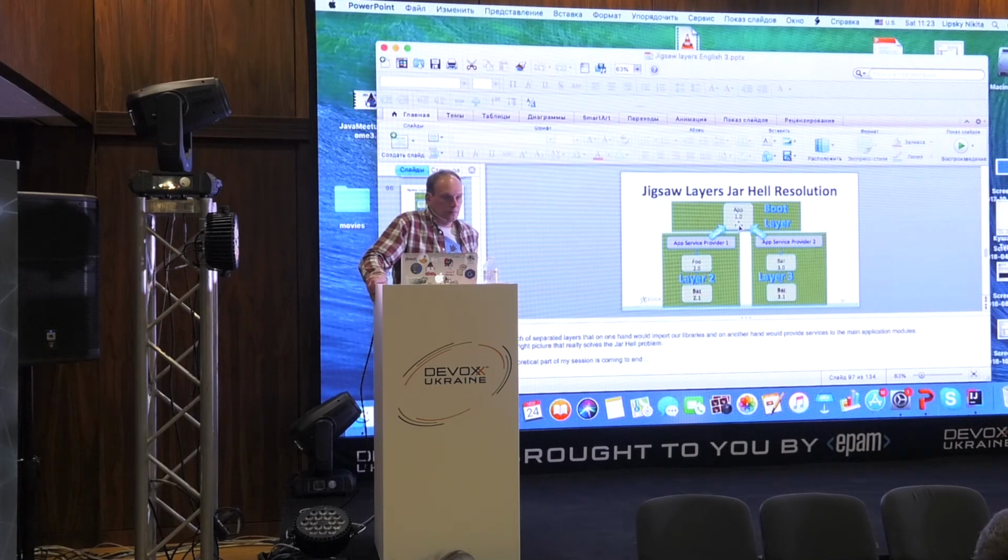But how would you solve this issue for transitive dependencies, where you cannot modify third party code, right? So using this approach, you would have to make changes in source code in order to make use of service provider API.